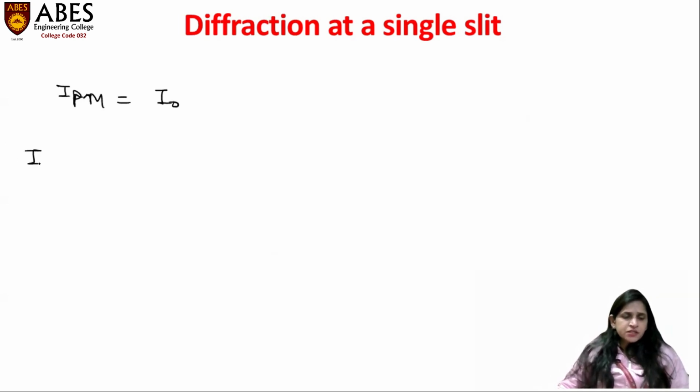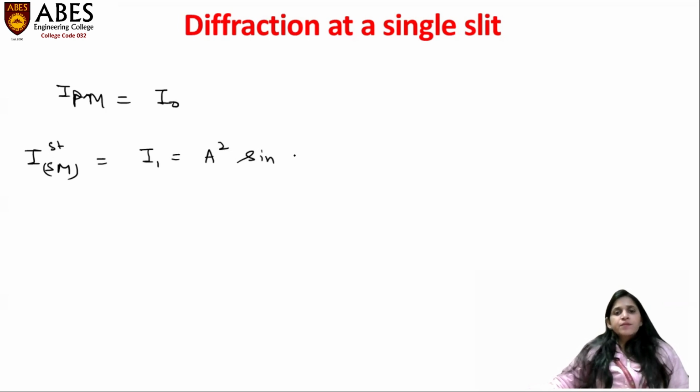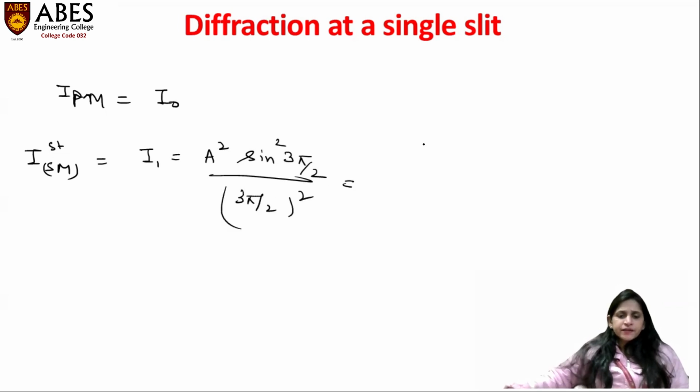So the intensity of the first secondary maxima is I1, that is equal to A square, and at what angle is it forming? 3 pi by 2. So we can write sine square alpha over alpha square. So alpha ka which value is it? 3 pi by 2. So we can write sine square 3 pi by 2 upon 3 pi by 2 ka square. When we calculate this, we get 4 upon 9